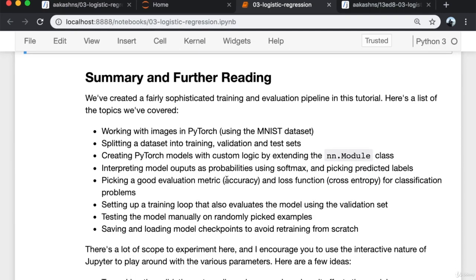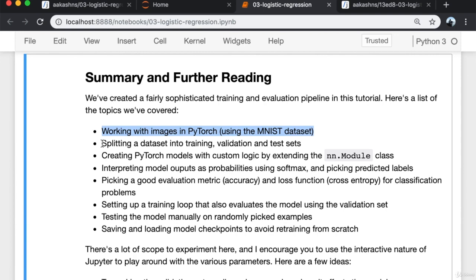So we've created a fairly sophisticated training and evaluation pipeline in this tutorial, and here is a list of the topics that we've covered. We started out by looking at how to work with images in PyTorch using the MNIST dataset. We also worked on splitting the dataset into training, validation and test datasets. We created PyTorch models with custom logic by extending the nn.Module class. We interpreted the model outputs as probabilities for classification using softmax, and then we picked the predicted labels by looking